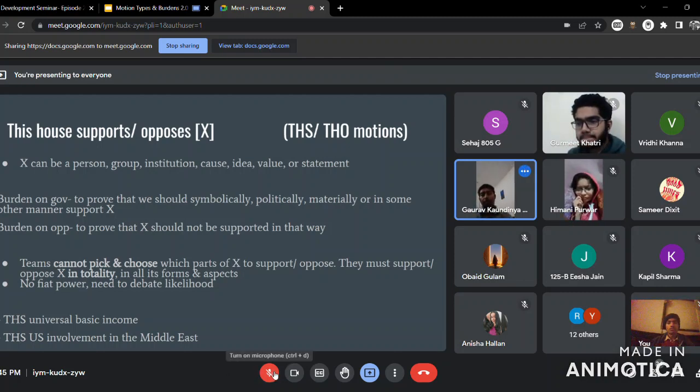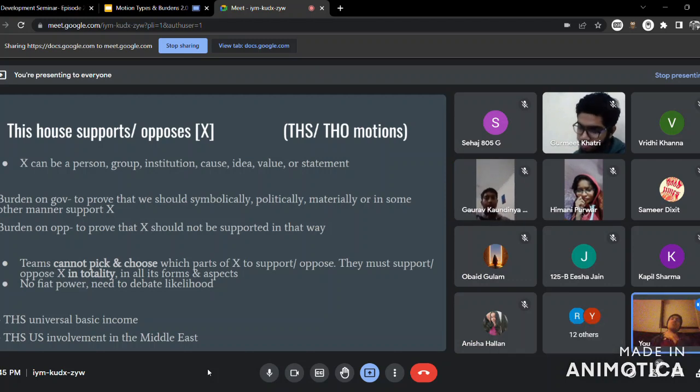Gaurav, you had a doubt. Yes, I need to ask one question here. In this session, two words are specifically used. One is metrics and the other is fiat. So can you explain in a short manner what fiat generally is? Metrics, I got a specific idea, but what does fiat generally mean?